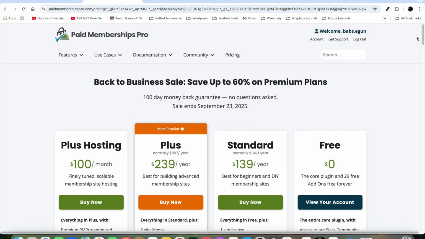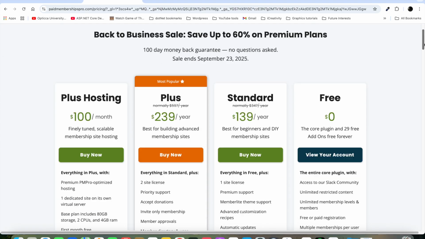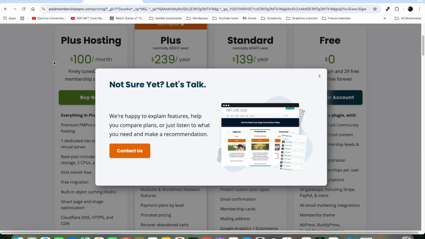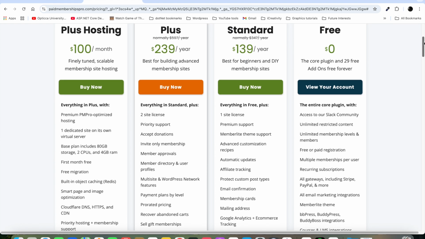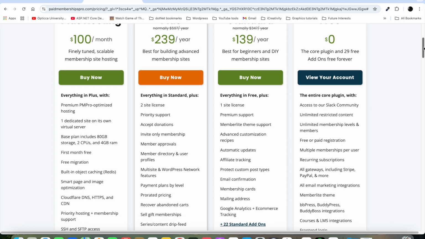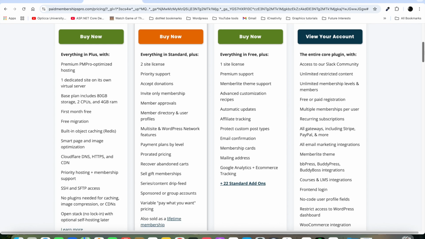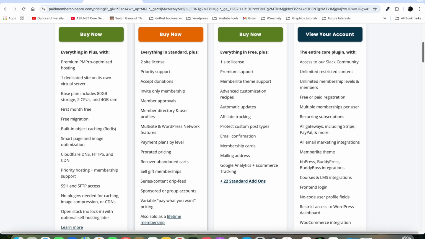Under the pricing tab, we can see 4 different prices: the Plus Hosting, the Plus, the Standard, and the Free. For what we're going to do today, the free version is good enough for us. The main thing I like about this free version is that it gives you